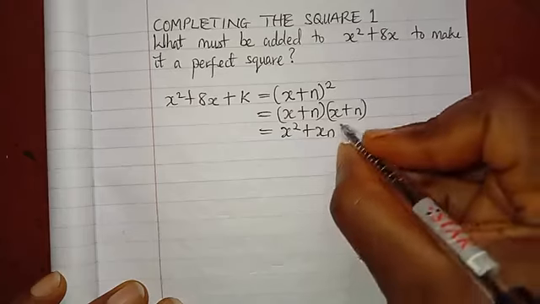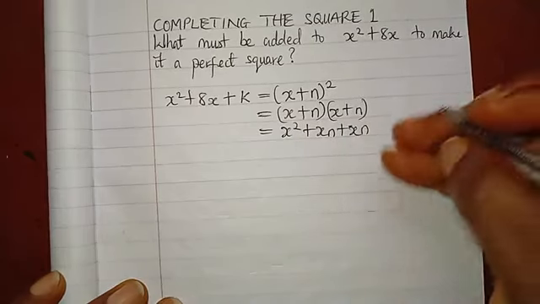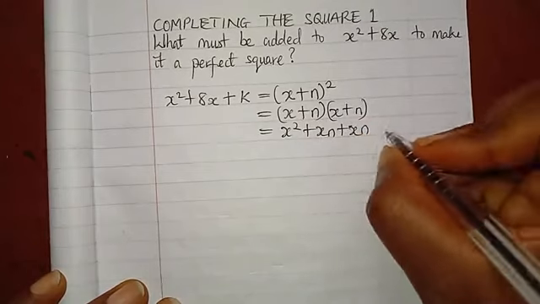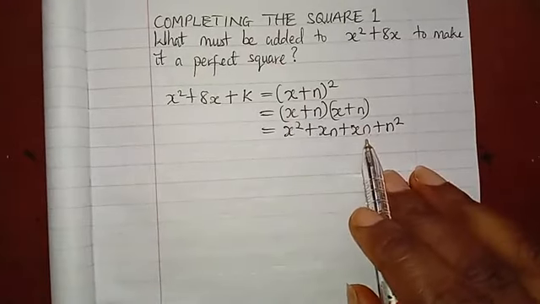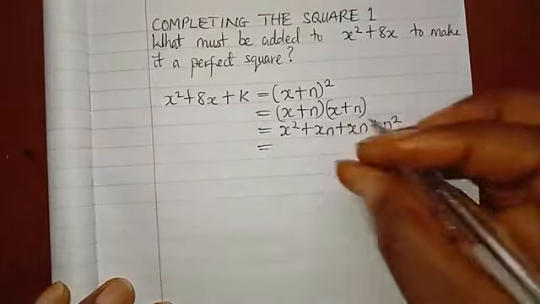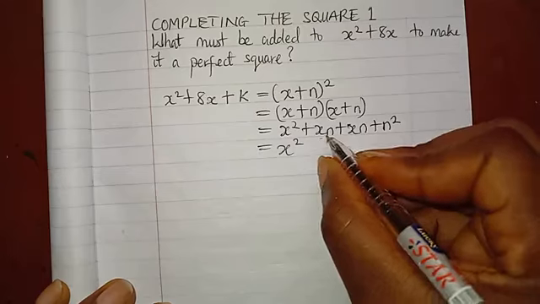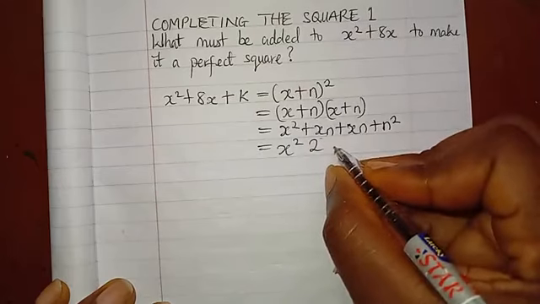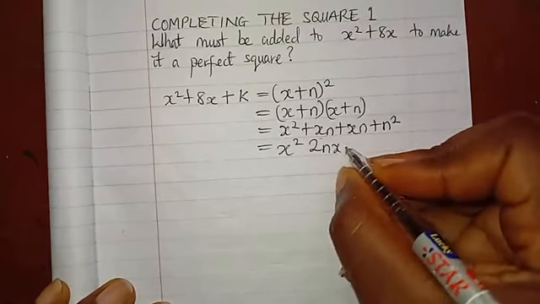Plus n times x is plus xn, or nx. And then n times n is plus n squared. When we collect like terms, that's these two, we are going to have x squared, nx plus nx is 2nx, that's a number with the unknown,